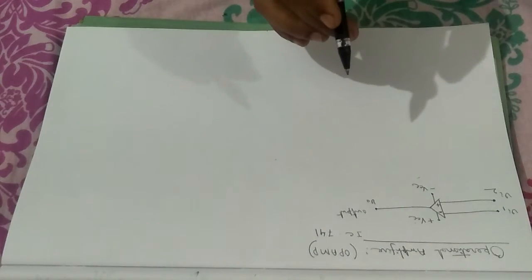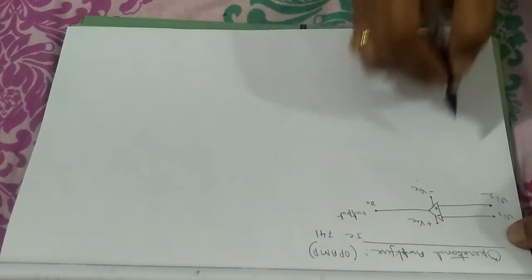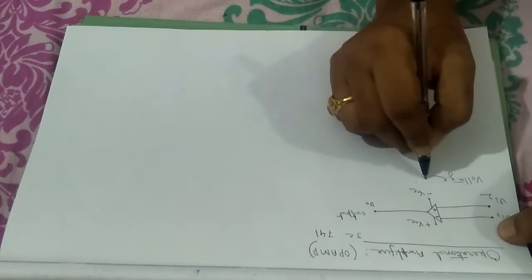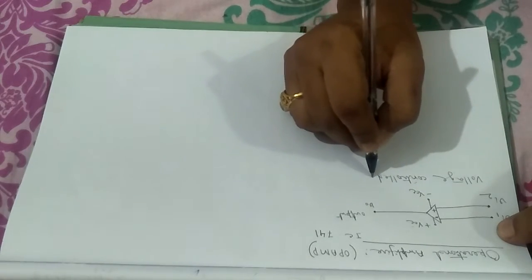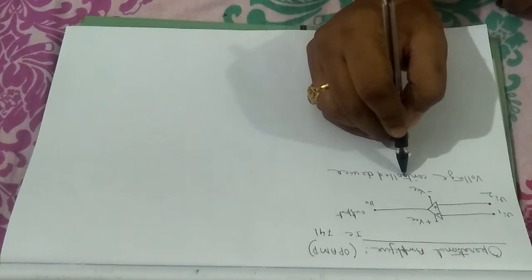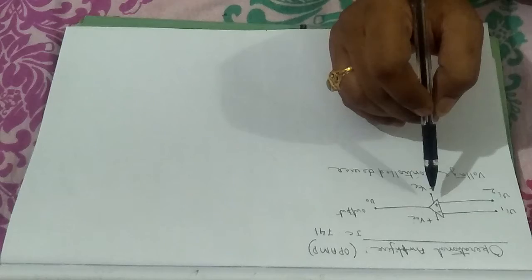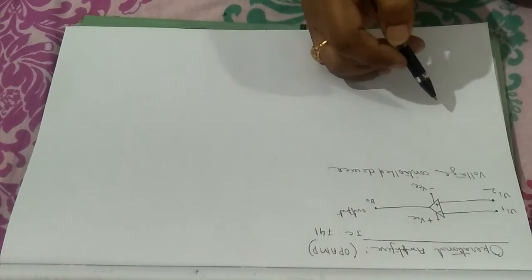So let us proceed. Now we look at the op-amp, the characteristics of op-amp. First, let me tell that op-amp is a voltage controlled device. That is, you can control its mechanism by controlling the input and output voltages in the inverting and non-inverting terminal. That is why this op-amp is called the voltage controlled device.